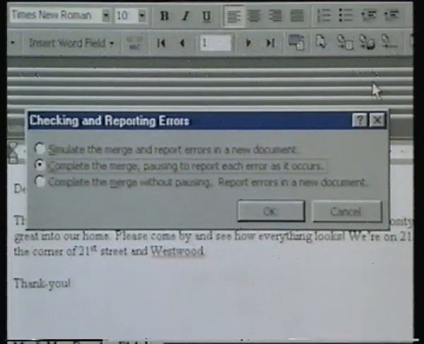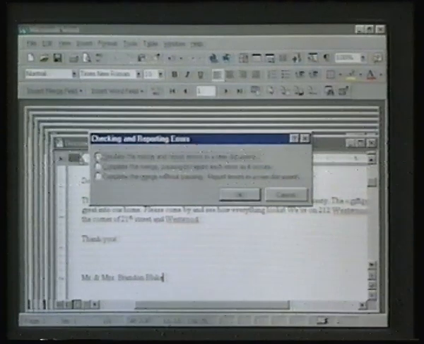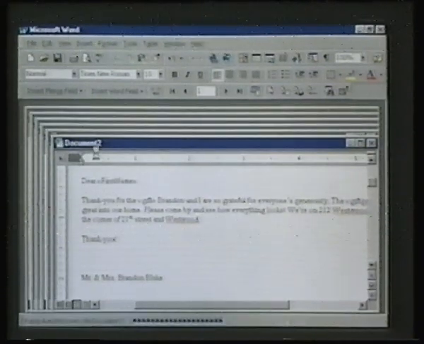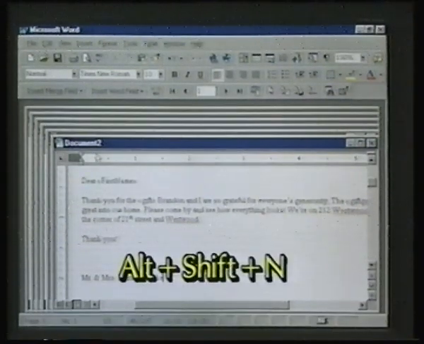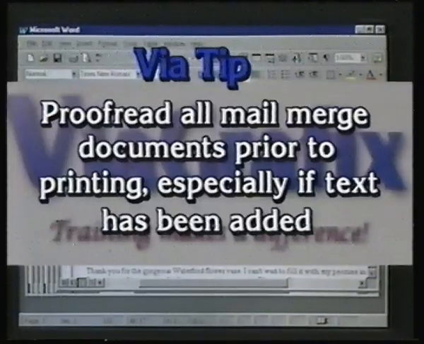The checking and reporting error box appears. We choose Simulate Mail Merge and report errors in a new document. Then we press Enter. We're informed no errors were found, so we press Enter. Now we press Alt, Shift, and the N key to merge the document with its source. All the fields present their information. Always proofread mail merge documents before printing them, especially when we've added entire sentences for